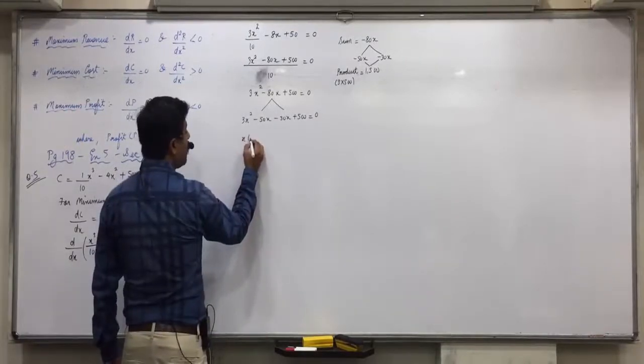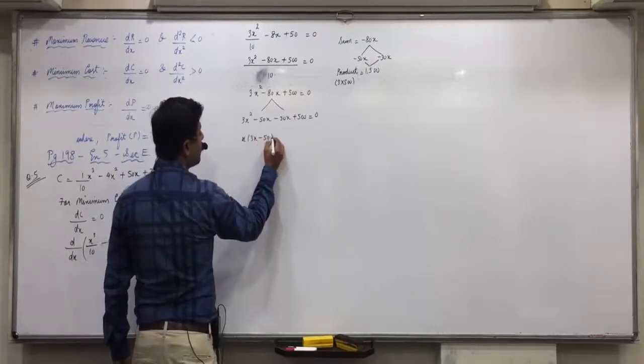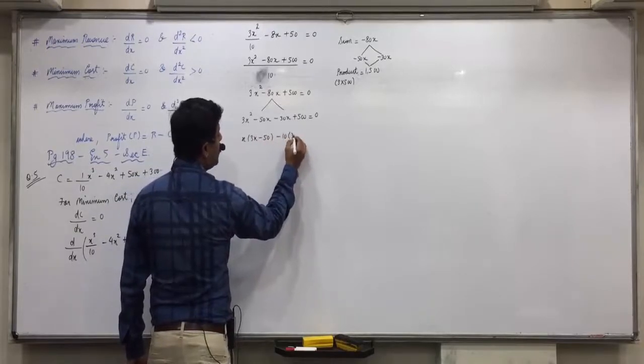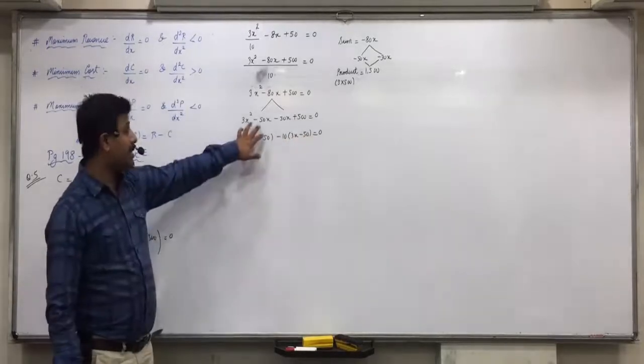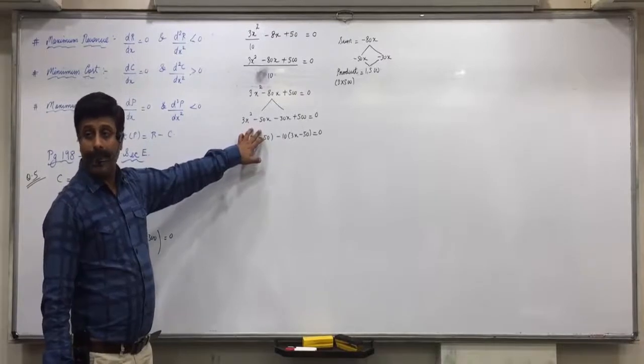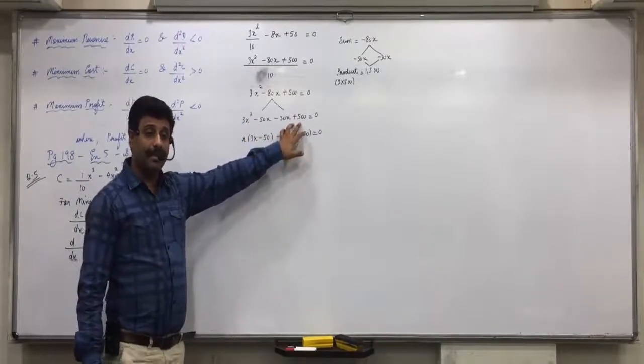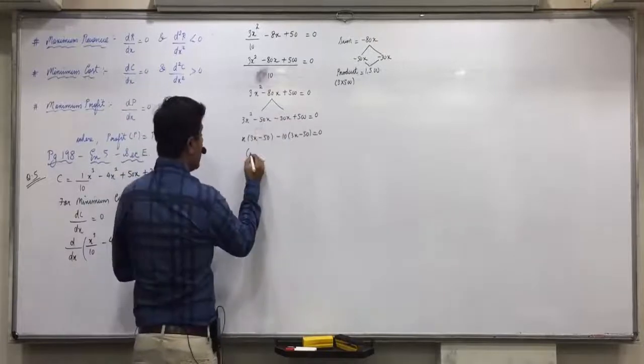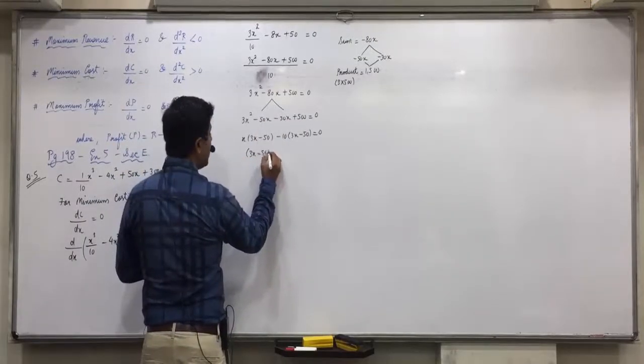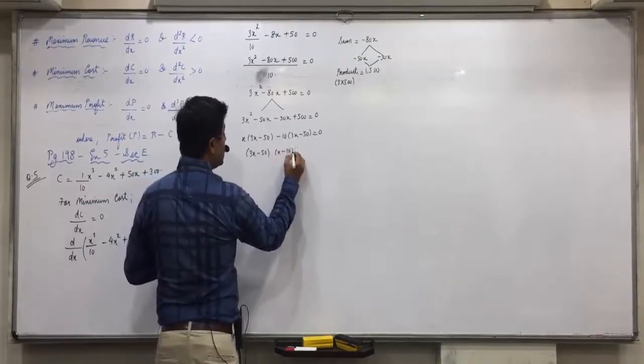Now x is only common, 3x minus 50. 10 is common, 3x minus 50. Here x is common. And in these two numbers 10 is common. Is everyone clear with it? So two factors are 3x minus 50 and x minus 10